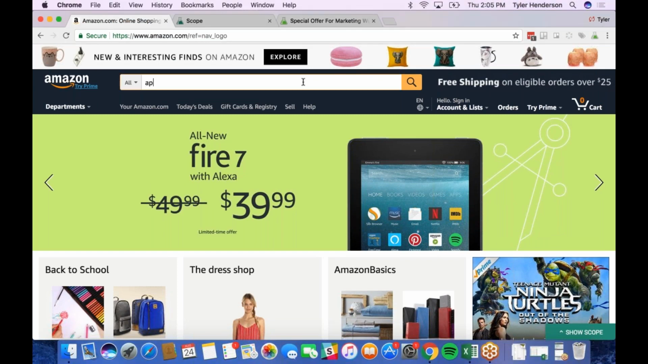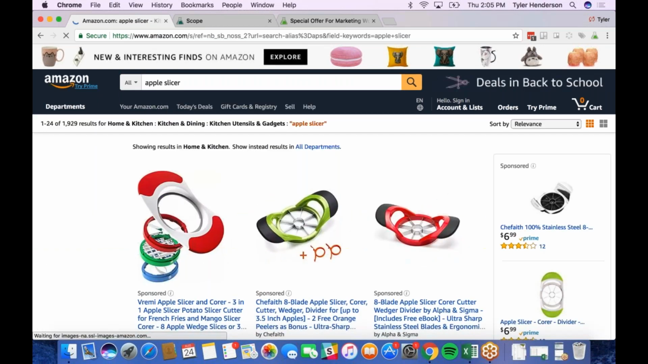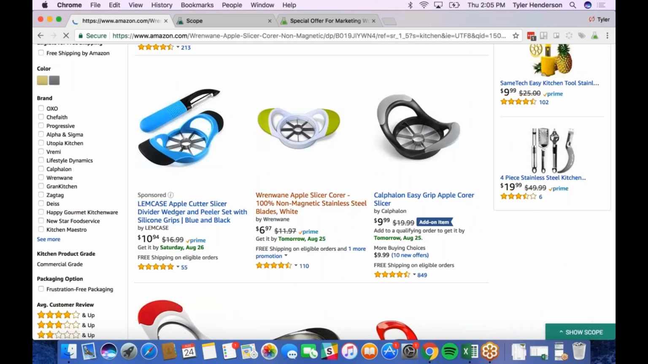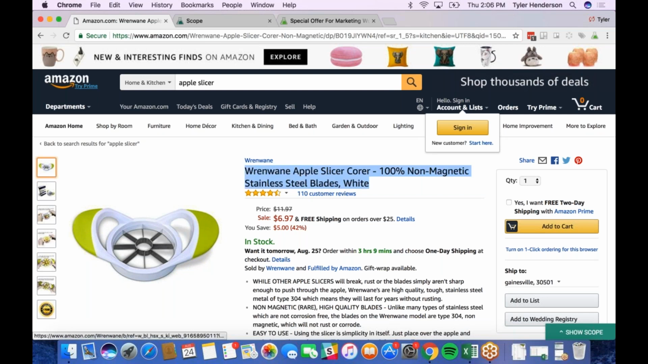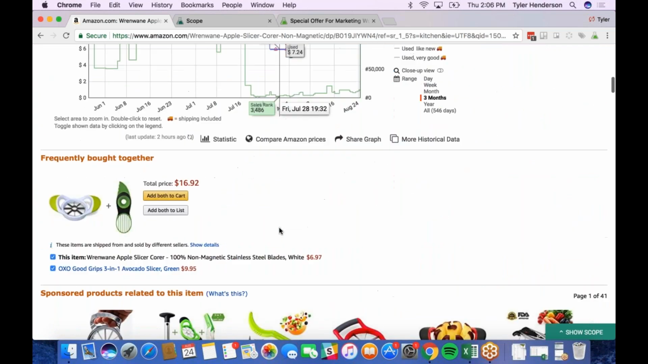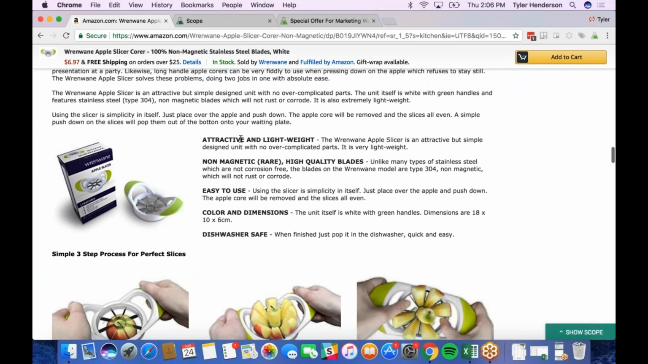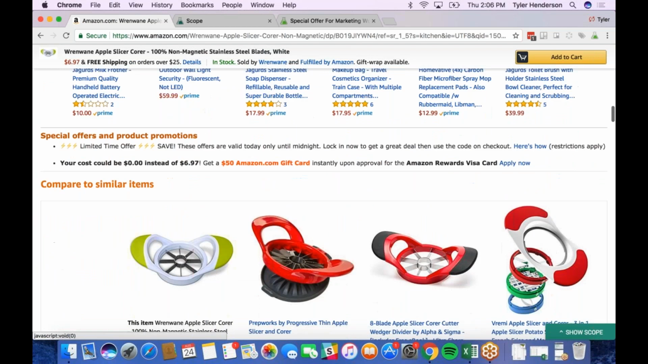So I'm going to go ahead and do a quick search here. The example I like to give is an apple slicer. So we're going to look at an apple slicer, and we're going to see all the different places that Amazon is storing the search terms that you use, right? So all the places that you need to look at search terms are here in the title. So you have your title, you have your bullet points, you have your description. Let's get down here to the description right here, right? So all of these bullet points, all of these words in here are being stored,